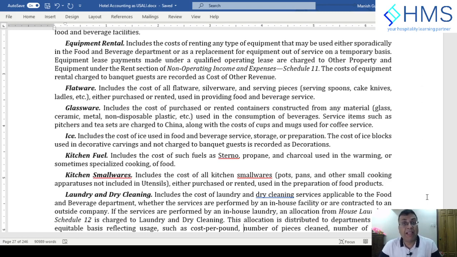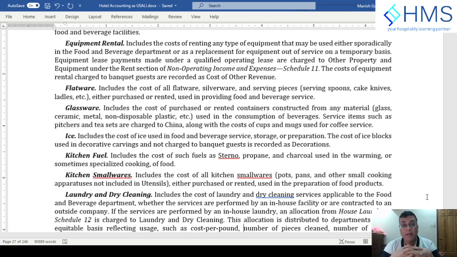Then you have glassware. Glassware is the cost of containers which are used for serving beverage items. It may be glass, ceramic, metal, non-disposable plastic, or anything else which is used for service by the guest. So if, let's say, you are serving a tea set, the cost of the cup will go to the